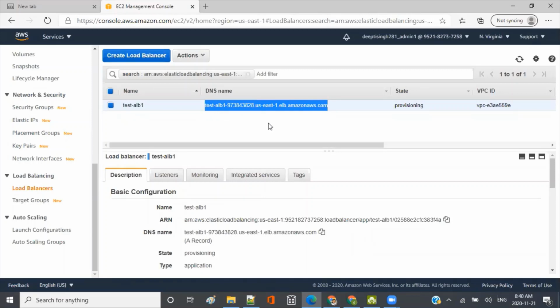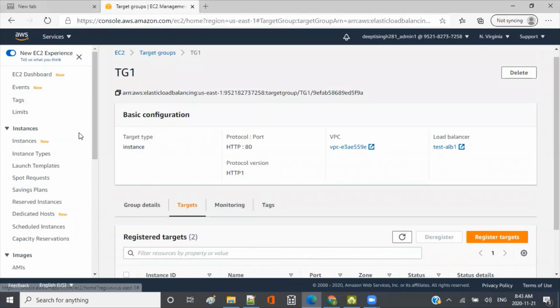So simply what we did, created a load balancer with two instances, and those instances were accessible directly over the internet using the public IP. Now we want to access them through the load balancer, so the traffic is distributed across these instances. If you have any server from where you are calling these web servers, you can use this DNS of the load balancer instead of the direct instance public IP. Okay, so for example in your index.html, we'll see what happened with the load balancer.